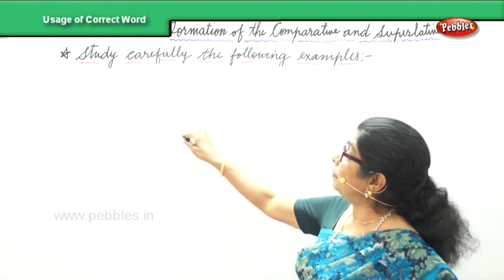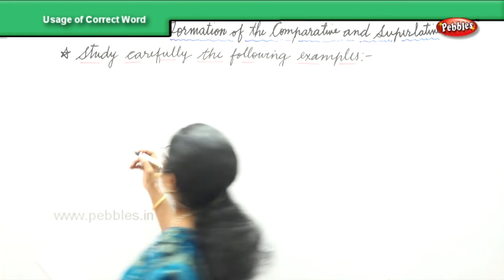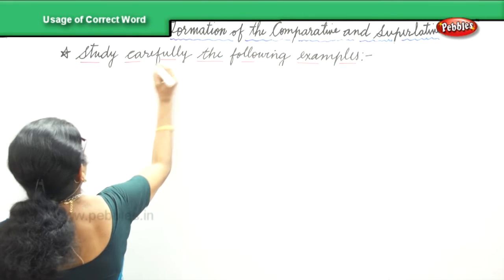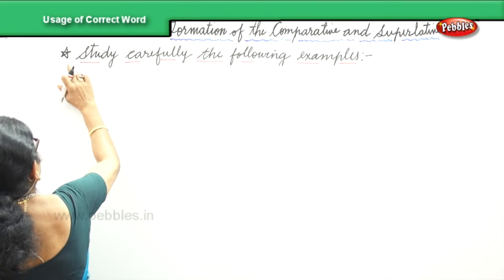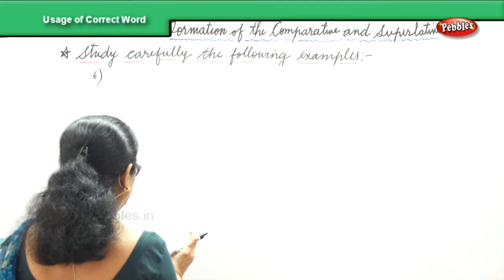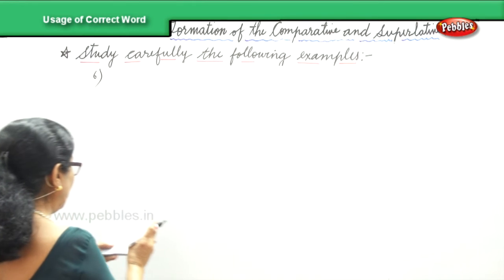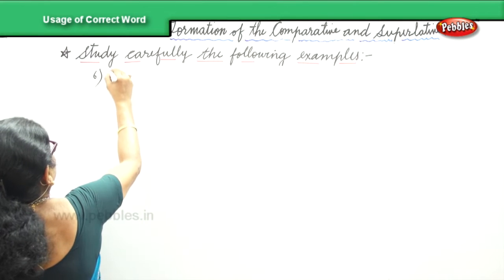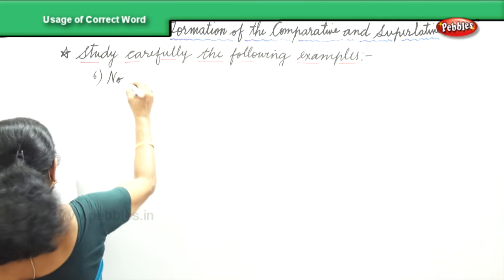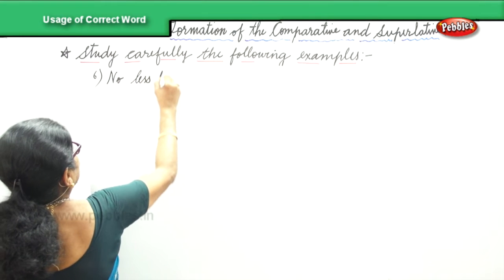So be careful when you get sentences. We will study 5 more sentences. Okay? 6th one. He is no less than, no less than, no less than